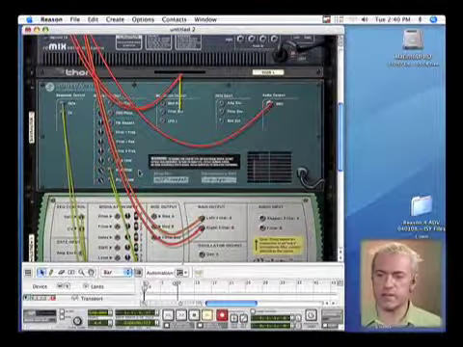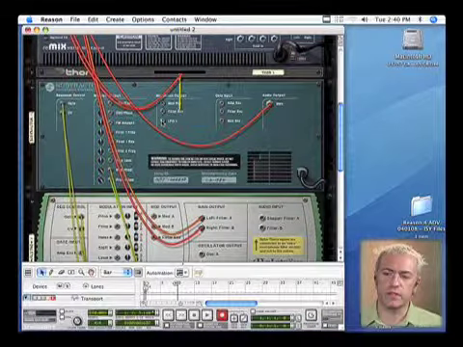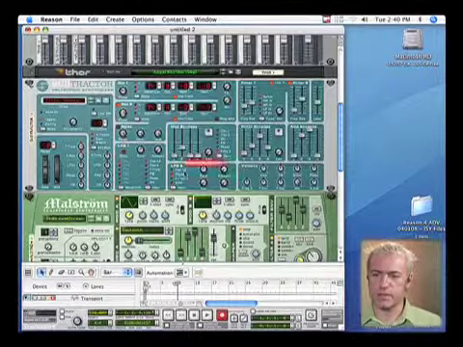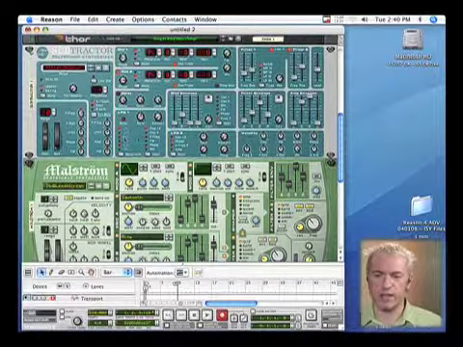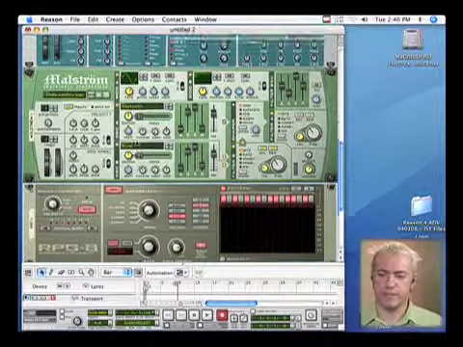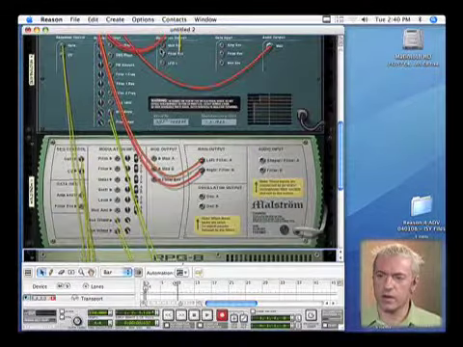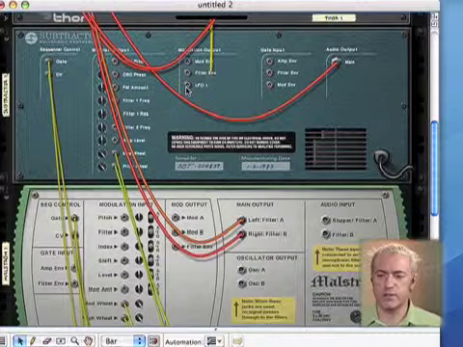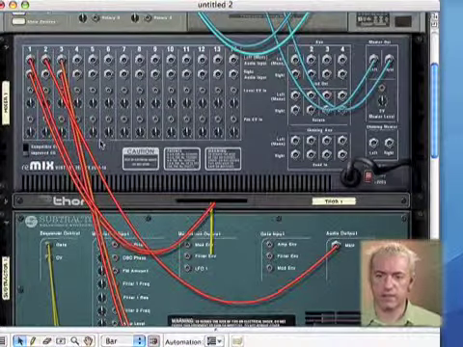If we look on the subtractor, this is where we get into some more sophisticated routing. You'll notice we have an LFO output. Just about every synth that we use has all these different ways of timing or shaping or changing or manipulating the data that we've been working with. So here we've got this LFO, front LFO1. We can route the output of that LFO to a number of different parameters. One cool thing that I like to do is actually, if I